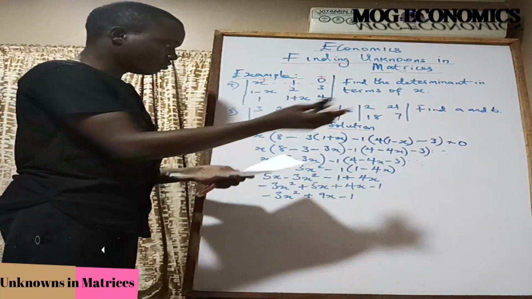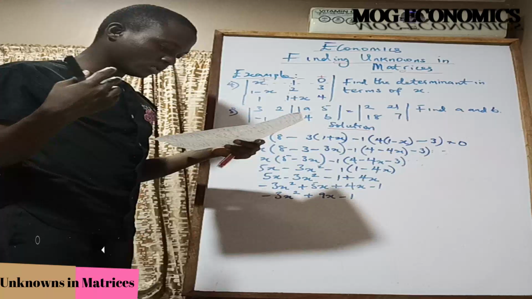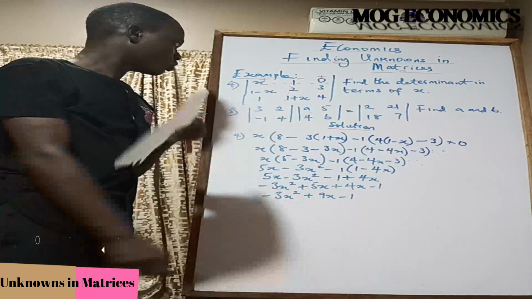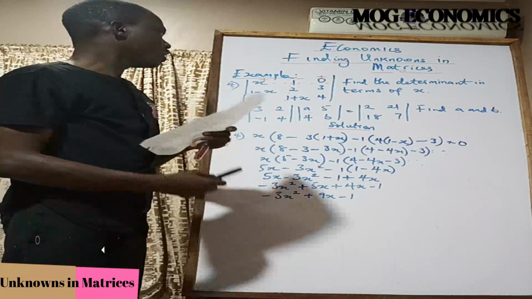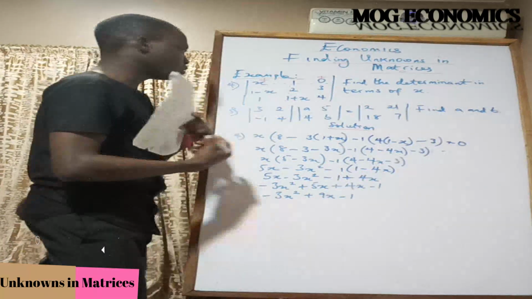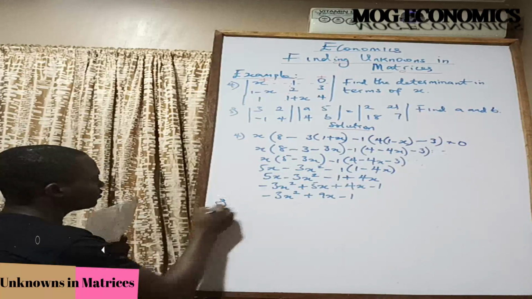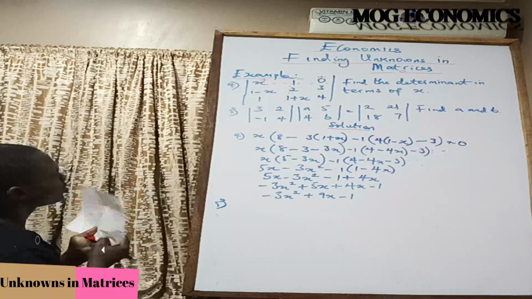Then 4 minus 4x. That's very cool. So here's the answer that I was supposed to add. So the next one now says number 5. So how do we deal with number 5? Number 5, we have